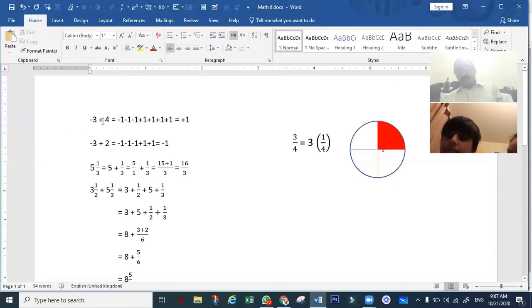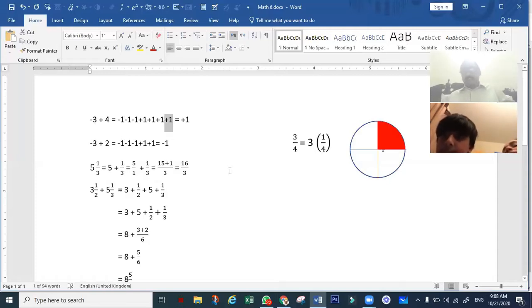What does plus 4 mean? Adding. There are 4 positive ones, isn't it? So the heap of the negative numbers is less as compared to the heap of the positive ones. We can have the cancellation. Plus 1 minus 1 becomes 0. So we can cancel plus 1 with minus 1, plus 1 with minus 1. What is left behind? This plus 1 is left behind.